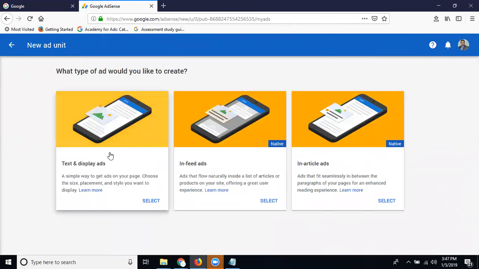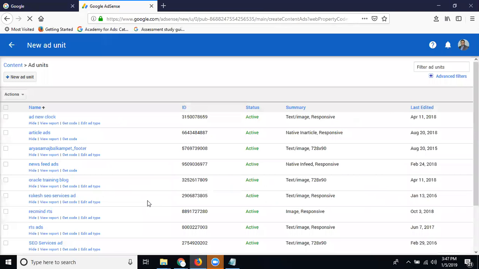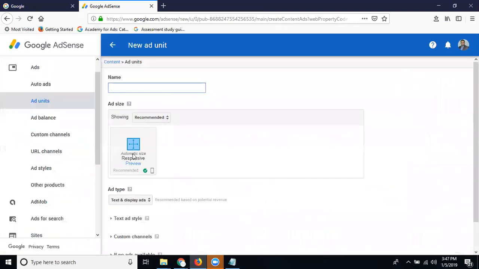Here three types of ads can be created: text ad, display ad, and text with display ad, as well as search ads, display ads, and search with display ads. These ads are created by Google AdWords, and the ad structure is created by Google AdSense. First, we come into display ads or search ads. They go for responsive size. First, we can enter the ad name.